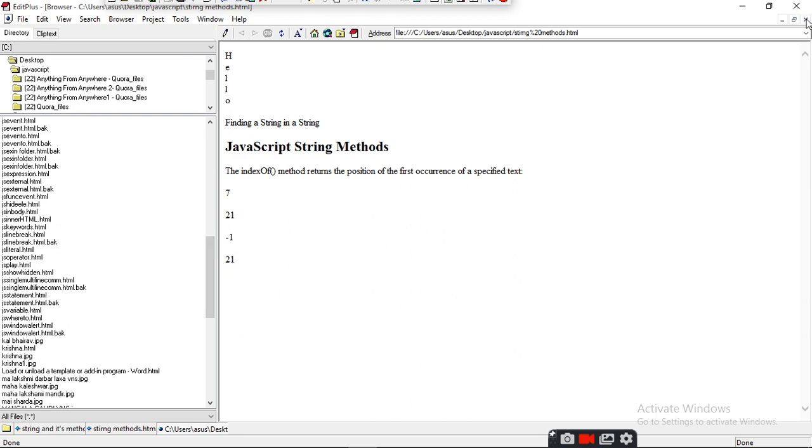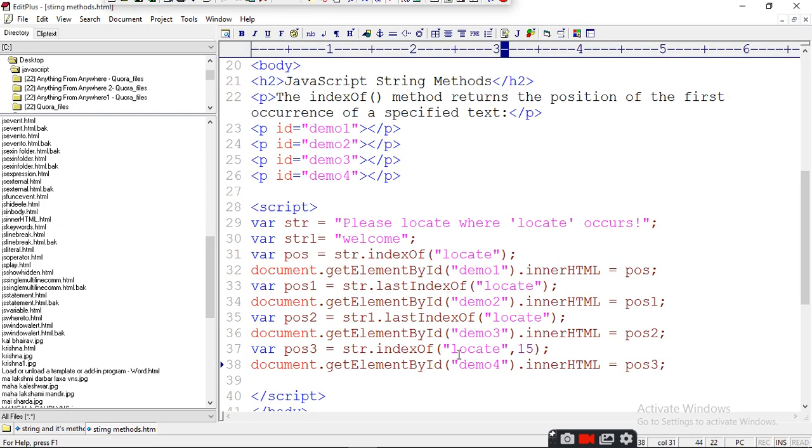After 15 the locate is located on position 21. So it will give you 21. So now the second time you can search the second locate by using indexOf, by giving the starting position of the indexOf. So 15 is the starting position. Count it: 0, 1, 2, 3, 4, 5, 6, 7, 8, 9, 10, 11, 12, 13, 14, 15.